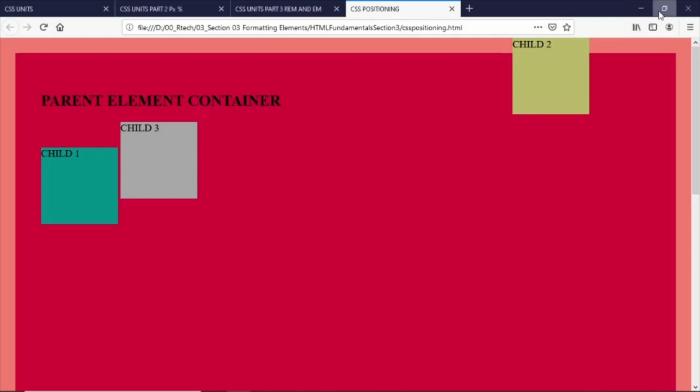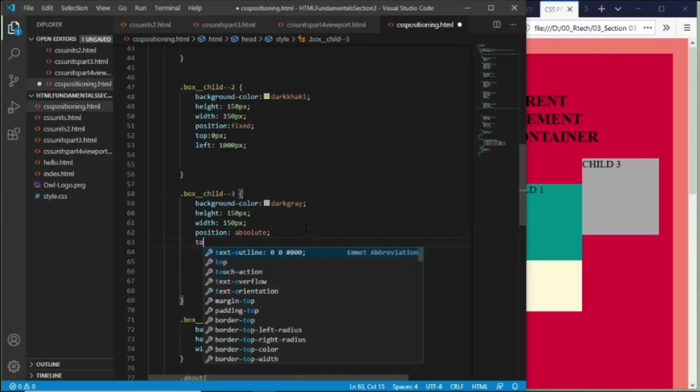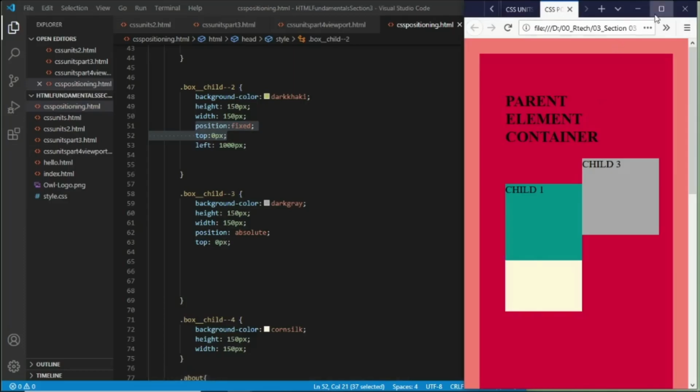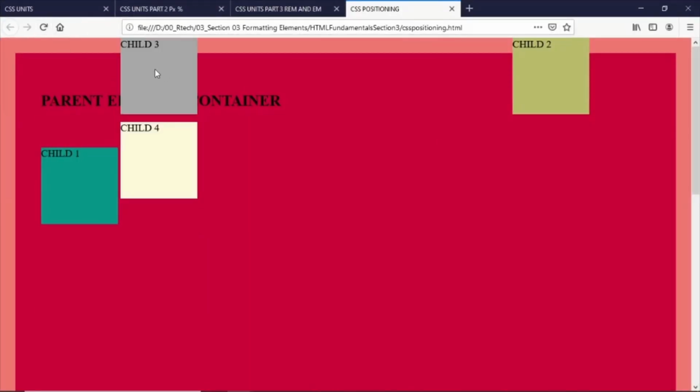Now let's try to give it a value of top property 0 pixel, similar to the position fixed child element that we have here. Let's see what will happen. You would see that the child 4 is actually behind the child 3, occupying the space of the child 3 here. Because similar to the fixed position property, it doesn't leave a space, unlike the relative position that we have here